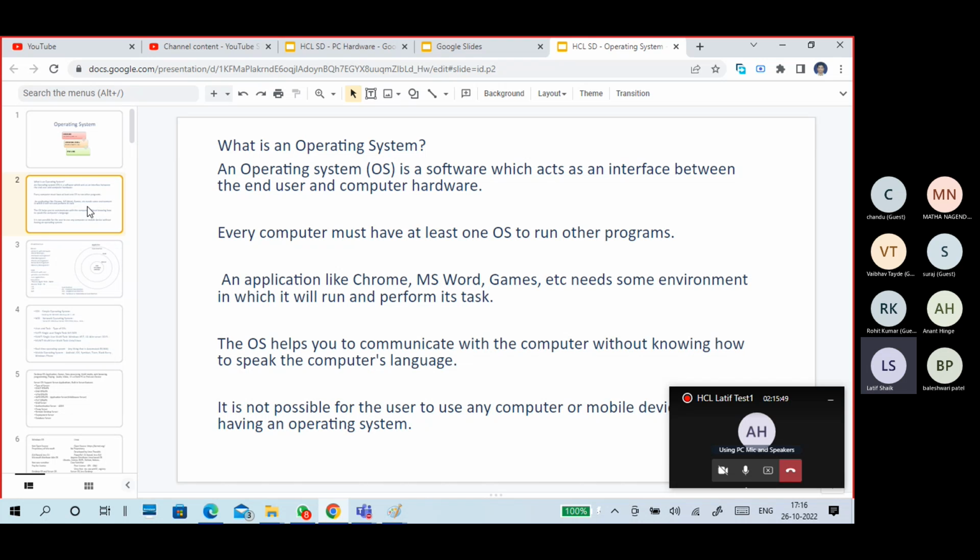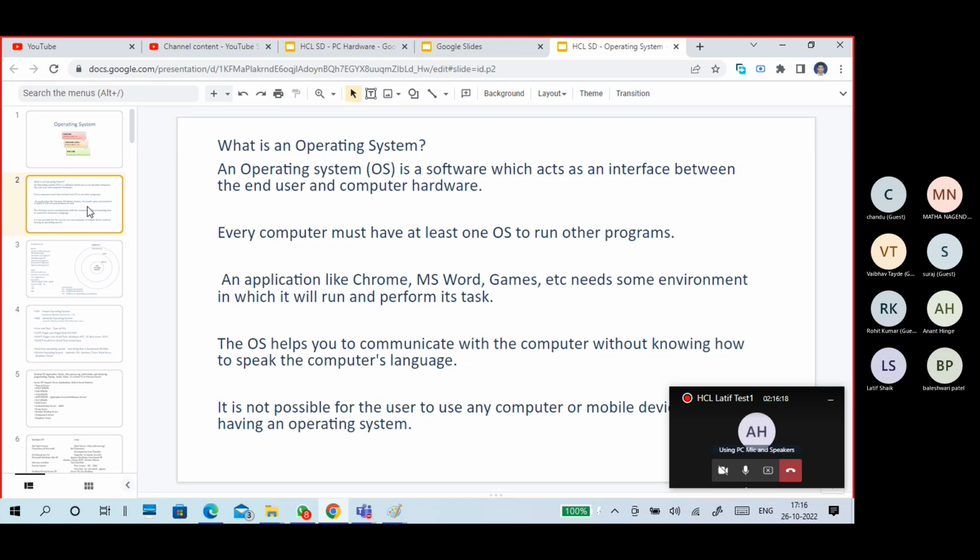Every computer must have at least one operating system to run other programs. Like I want to run Google Chrome. Now I'm running Google Chrome, WhatsApp, Microsoft Teams, Paintbrush, Notepad, Microsoft Edge, VLC player, anything. To run a program on a computer, I need operating system support.